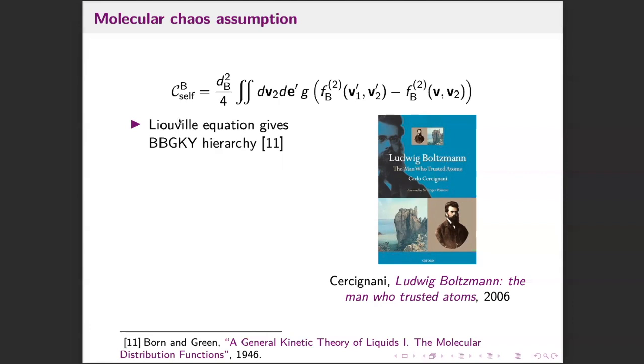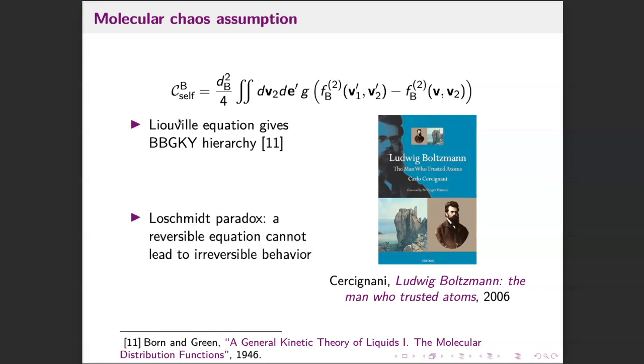And you can derive this BBGY hierarchy, which relates n-particle correlation functions with each other. And then you would get a collision integral of this form. So it would relate one-particle correlations or distributions with two-particle distributions like this. But that will not close your equation, like the Boltzmann equation does. So you need to,